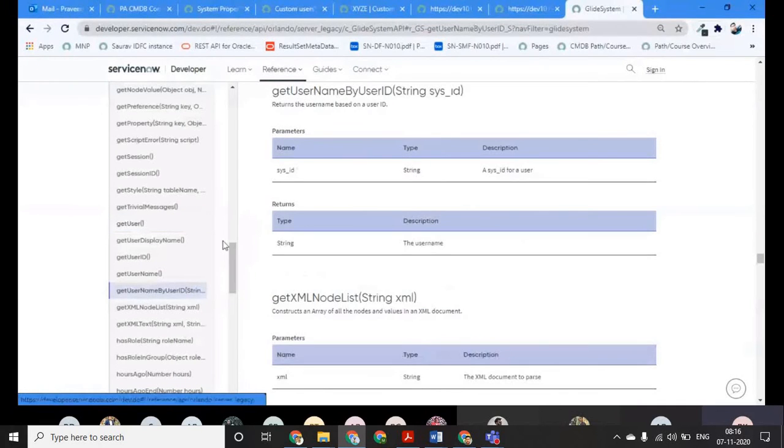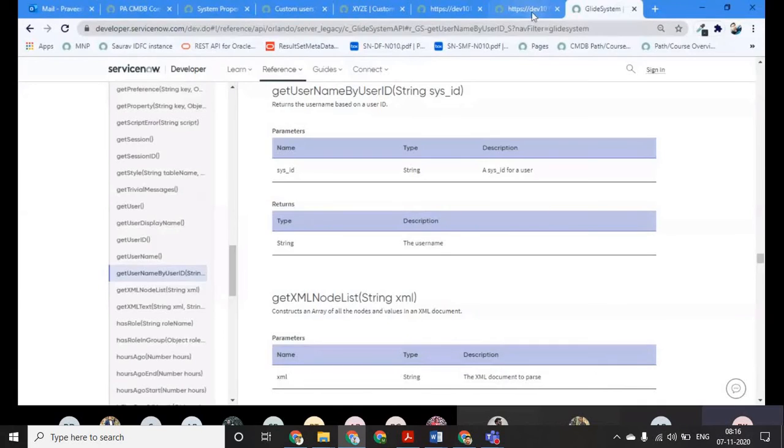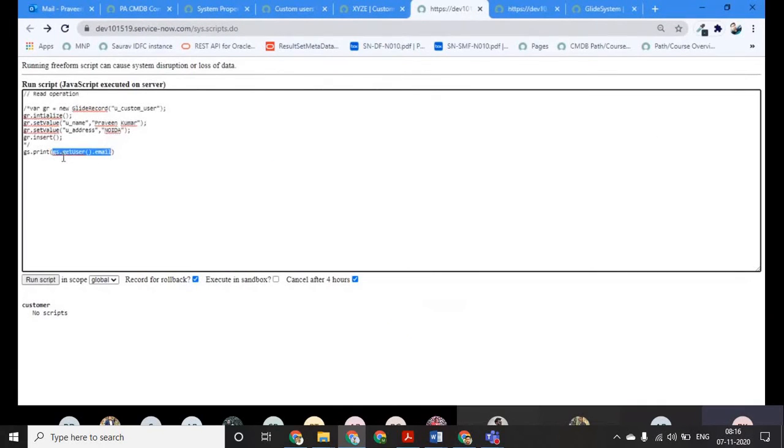What will happen is, you will pass the SysID and it will give you the username of that particular user from the SysID, right? Apart from it, a few important methods available in glide system are, for example, has role. What will has role do? It will tell you, are you having 1 minute.